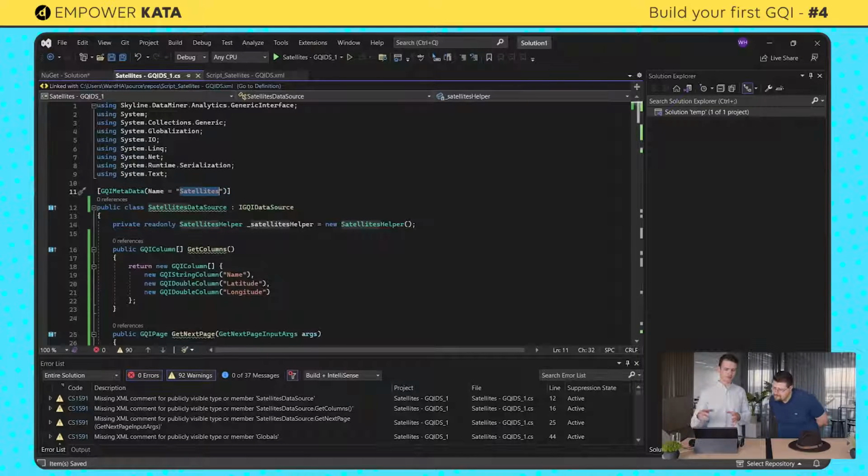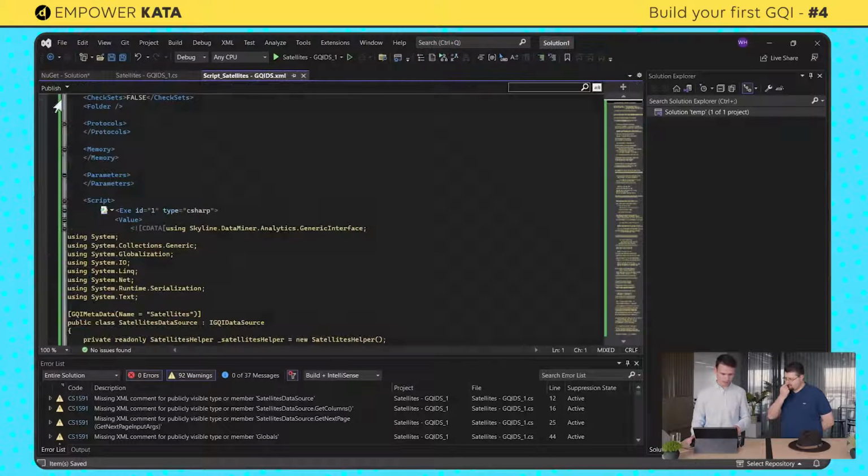This is used to provide a name to the data source. So this name, this string value, will also be displayed in the dashboard tab. Yeah, it will probably show up in the... Okay. Indeed. So let's publish that script. I've saved it. Let's publish by clicking that publish button.